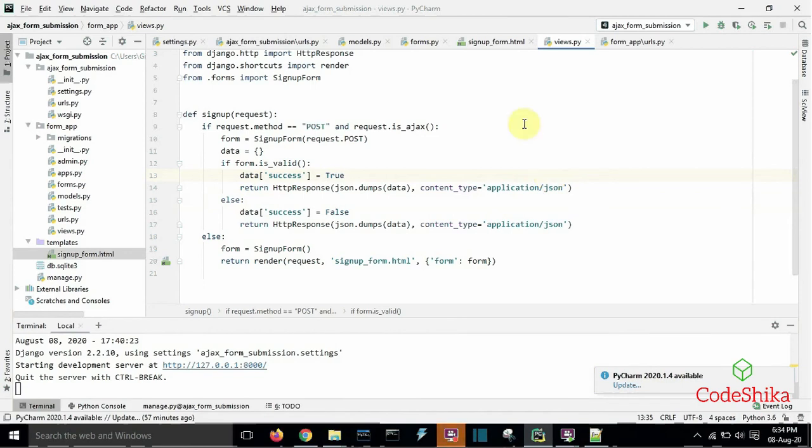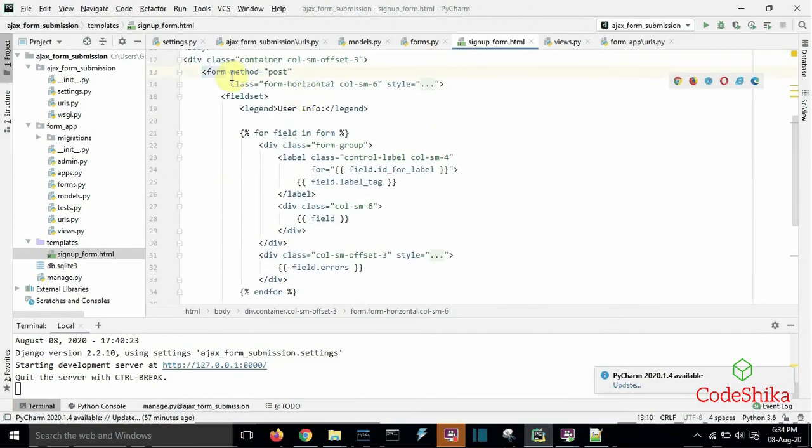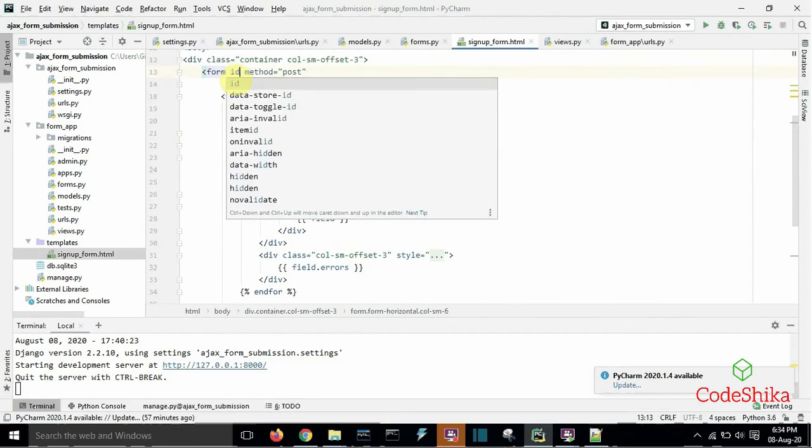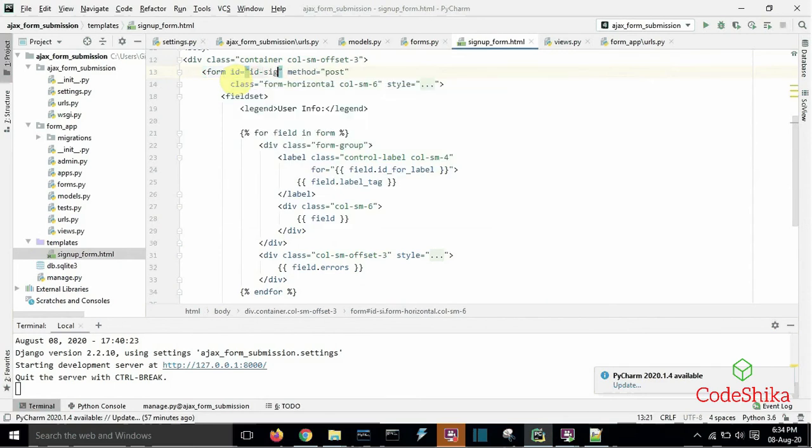Now let's write Ajax call. Give the ID to this form, id equals to id_signup_form. Now let's write the Ajax call.